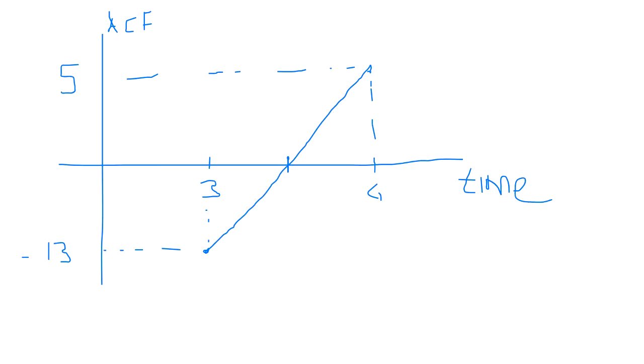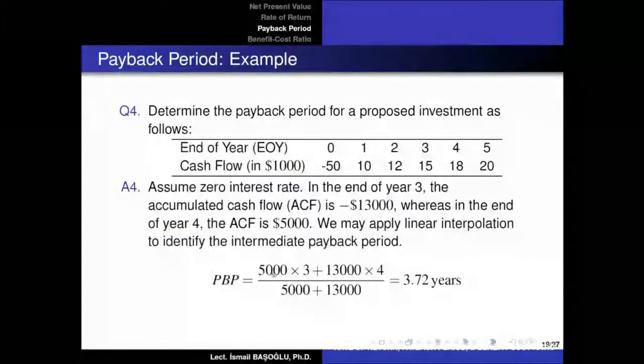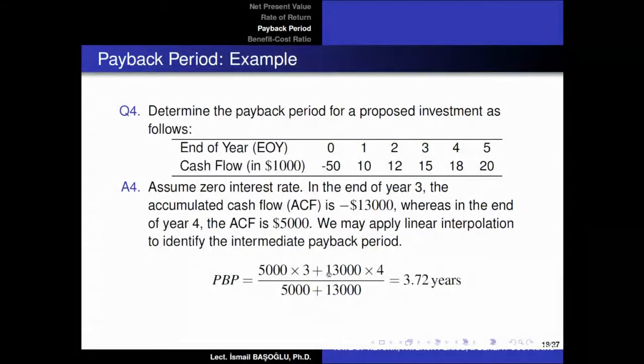So we are assuming a linear interpolation between 3 and 4. And what do we do? At 3 years, the accumulated cash flow is 13. At 4 years, the accumulated cash flow is 5. So what I am going to do is apply a linear interpolation between these two. I will multiply 3 with 5 and 4 with 13, and the summation will be divided by 18, maybe in